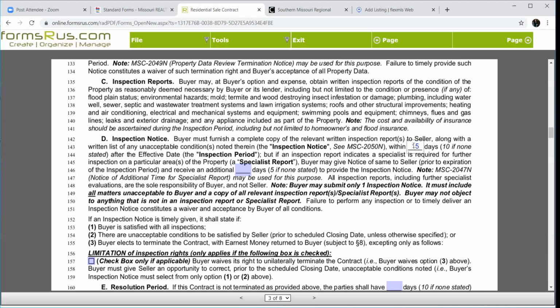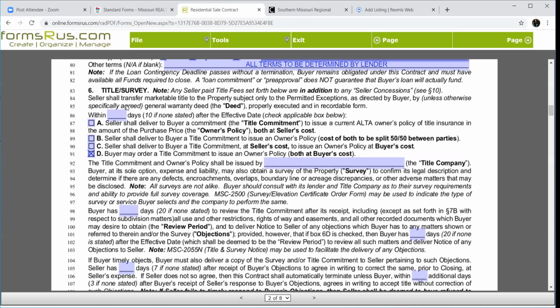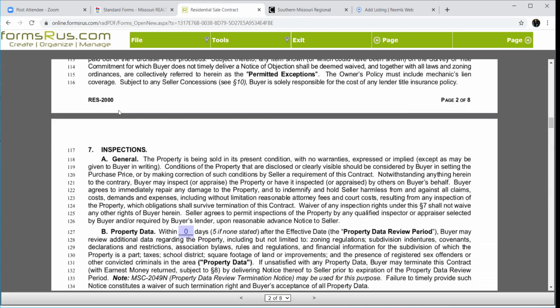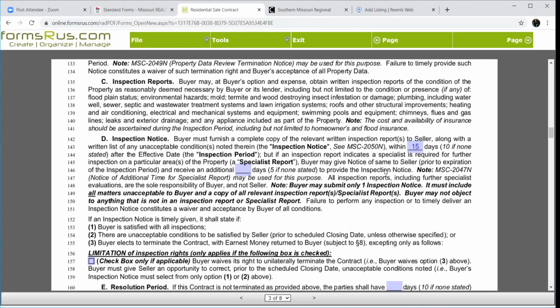I'm seeing more and more, and I tell you what I'm seeing also, is this time period on title moving out a little bit too. They have been pretty timely, but you might call the title company and say, hey, can you guys get this turned in 10 days, or should I extend our title period? Because I have had some calls lately where they're not getting it done, and we've had to do an amendment to extend this particular time period. So we've got 10 days by default to get the property inspected. Again, I would encourage you to make it at least 15, if not maybe 20.